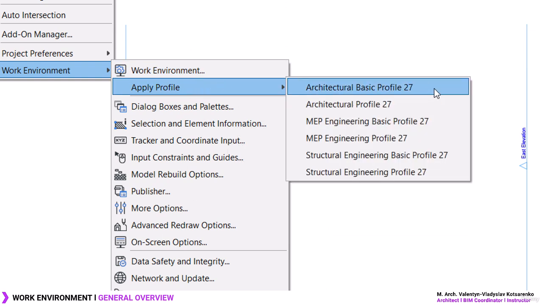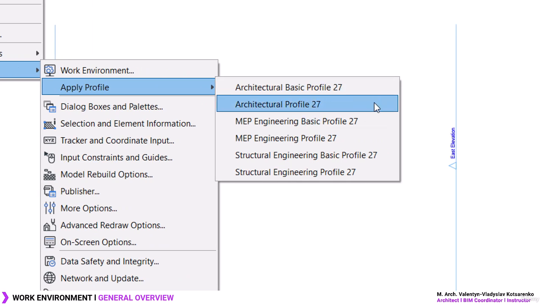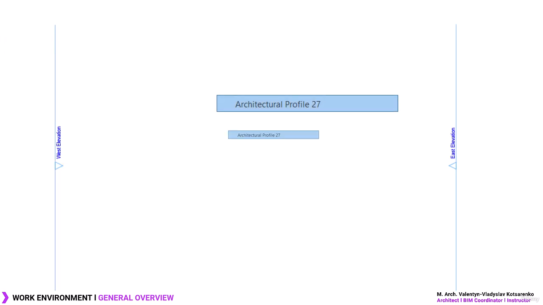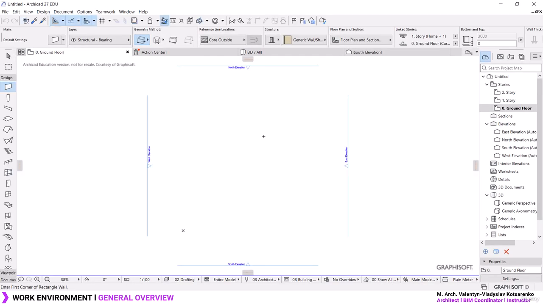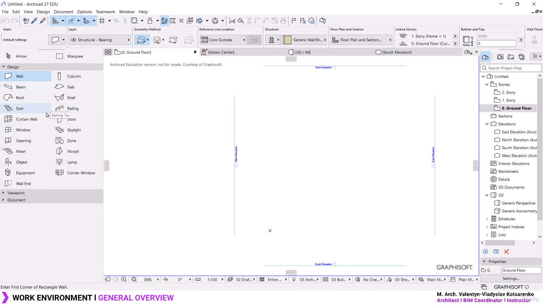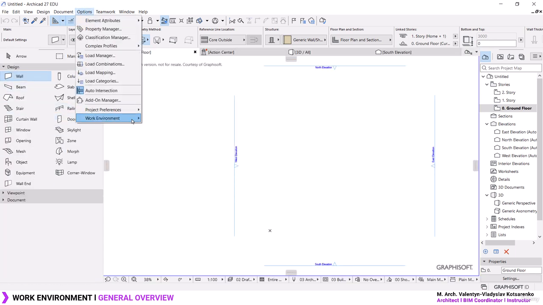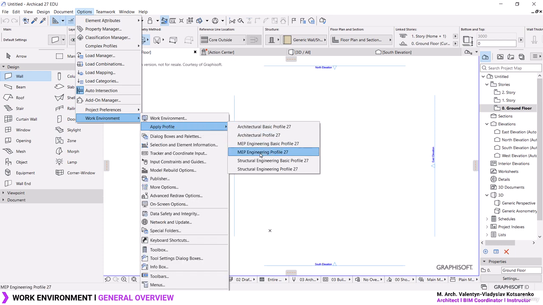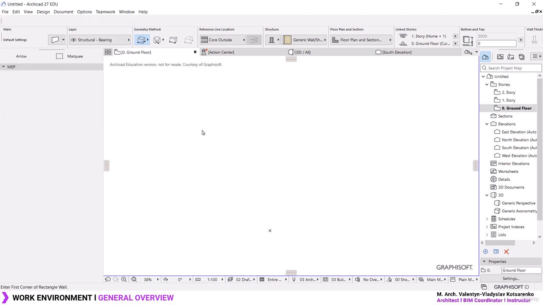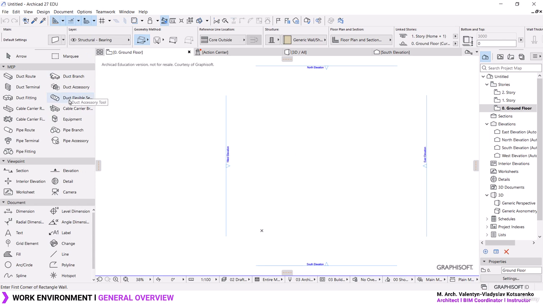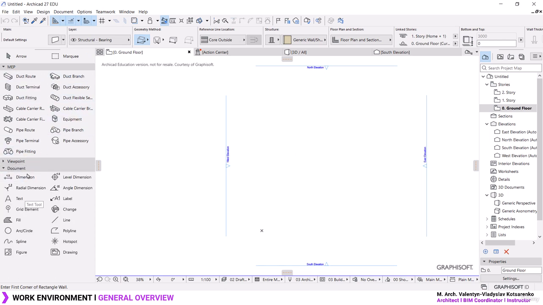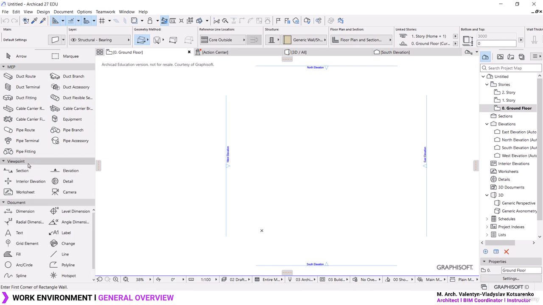are structured. So as I said earlier, you can use, for example, the architectural profile in order to model your architectural project. It gives you all the necessary tools just for the architectural field. And let's say I'm gonna use the map engineering profile, which will turn on all the map modeling tools and will maintain also the viewpoint group and also the document group of tools, which we're gonna be using anyway for